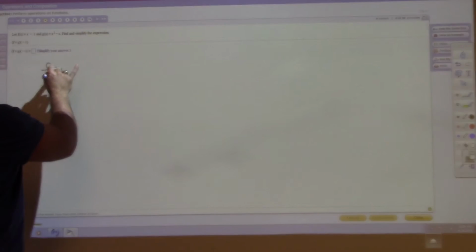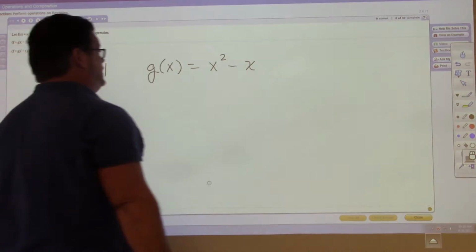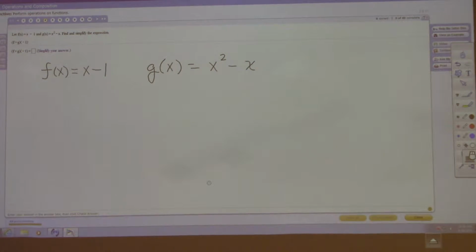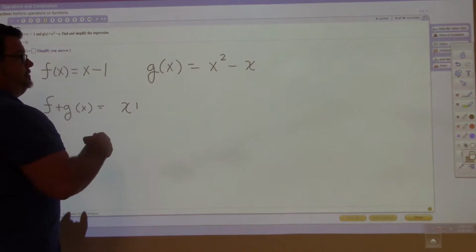So f of x, hold your pinky up, f of x is equal to x minus 1, and g of x is equal to x squared minus x. Well, you got to hold your pinky up, and if you hold your pinky up, you got to talk sophisticated. Y'all didn't know that? It's called putting on airs. f plus g of x is equal to x minus